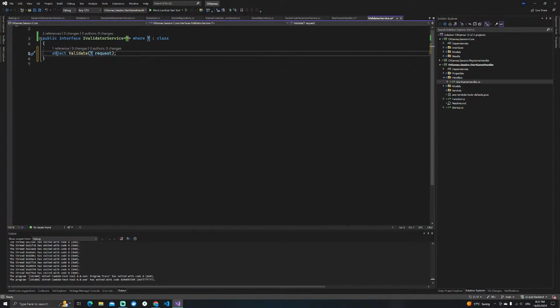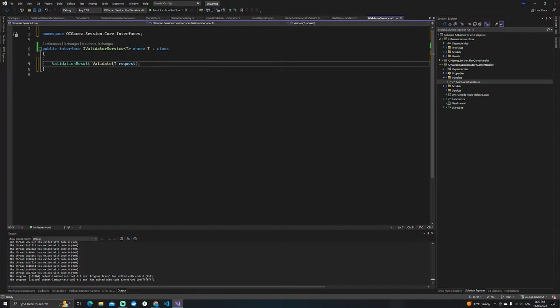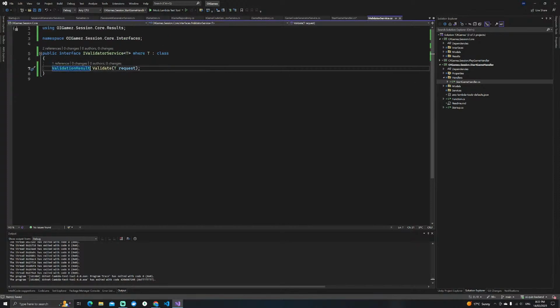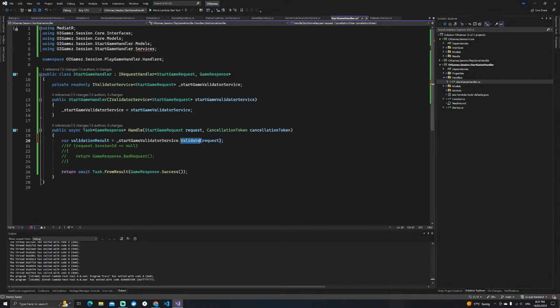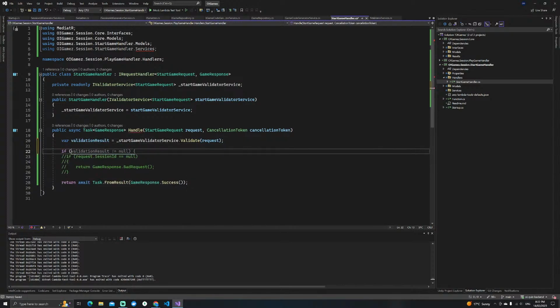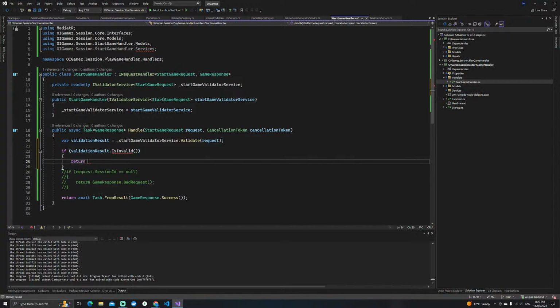The request. This will be validation result. Cool. And I'll go if validation result dot is valid. Sorry, it's is invalid. Then we're going to return game response